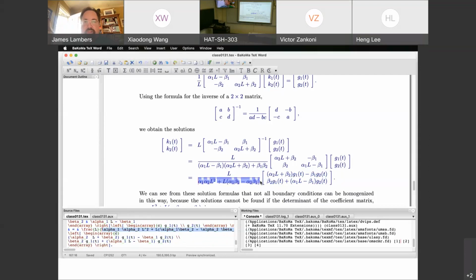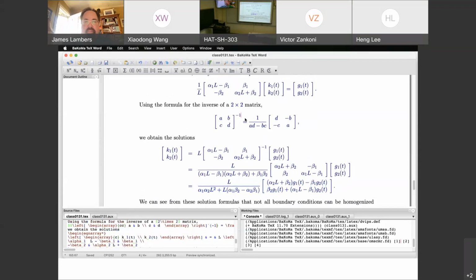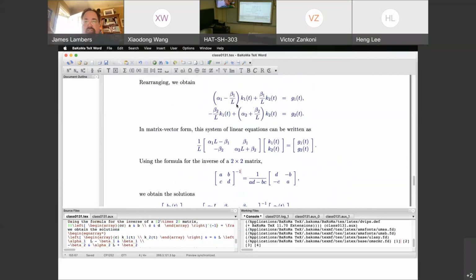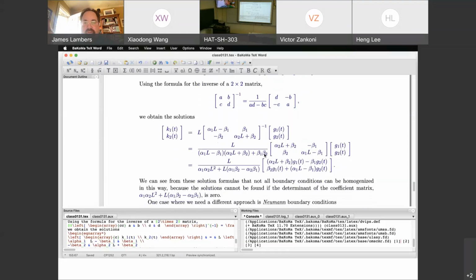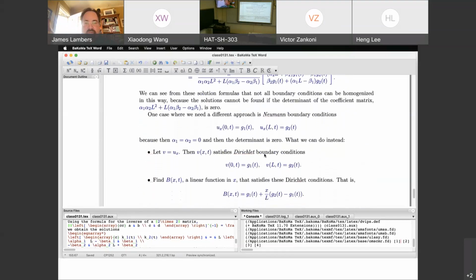In other words, the matrix that we have here, if I get rid of both alpha terms, is not invertible, also known as singular. So this system of equations does not have a solution if alpha 1 and alpha 2 are 0. So in the case of Neumann boundary conditions, where alpha 1 and alpha 2 are 0, and beta 1 and beta 2 are both equal to 1, we unfortunately have to try a different approach. And that's what I described